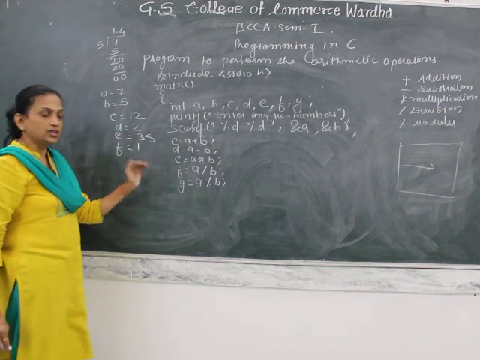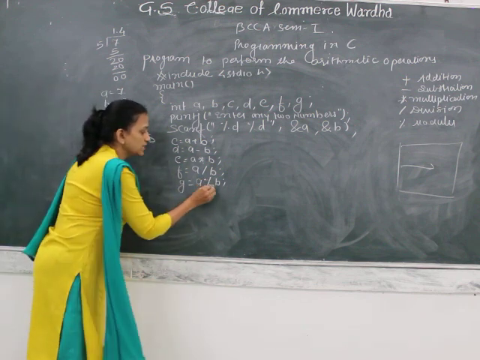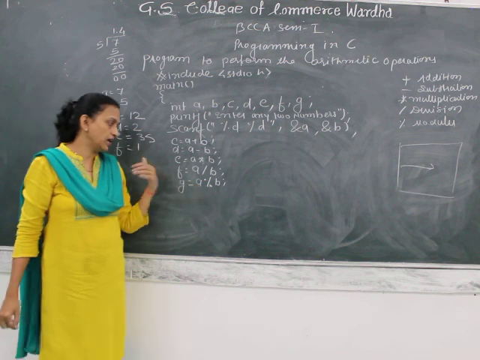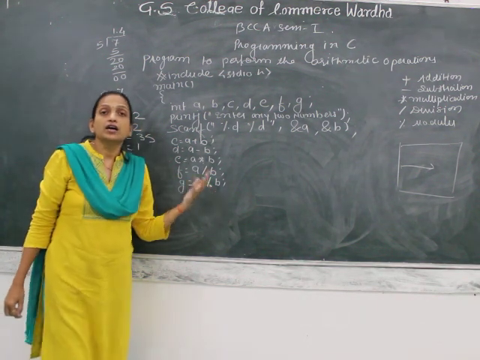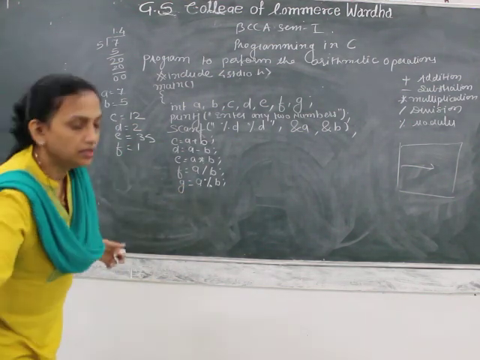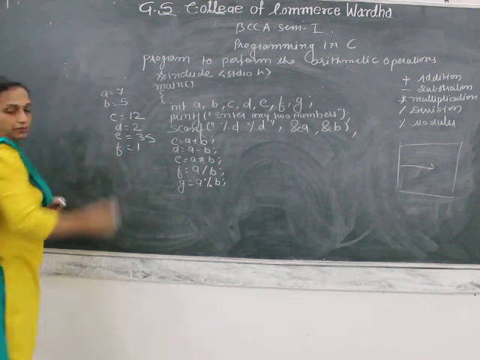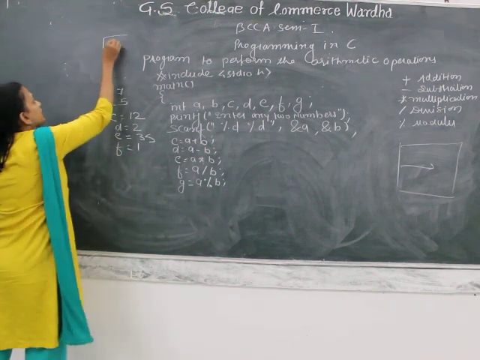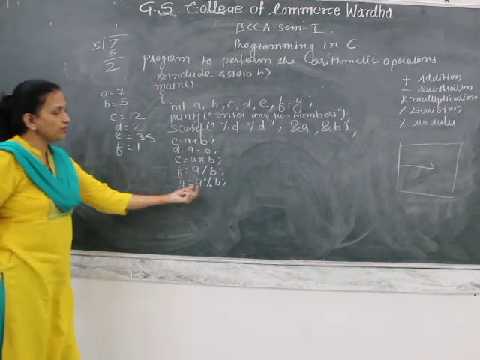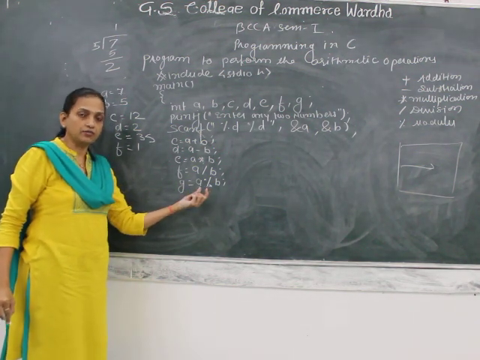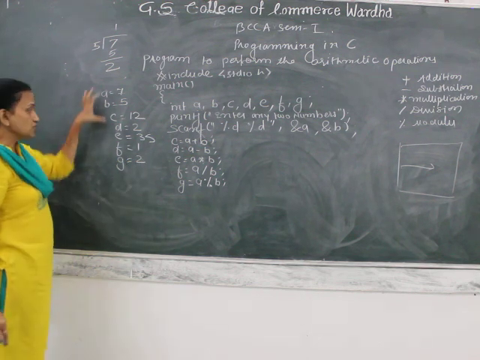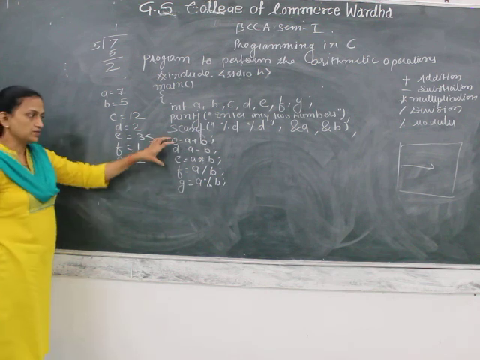Okay, so now the next is A mod B. Now let's understand the meaning of mod. I told you in my earlier lecture that mod takes the remainder of division. Again we perform the same division: 5 ones are 5, the remainder is 2. So when you use the mod sign, it takes the remainder, which means the value of G is 2. In such a way you will get the values by processing.